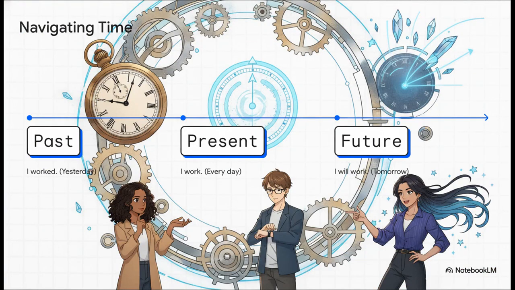So how does this anchor us in time? Well, just by tweaking that foundational formula, we can shift seamlessly across timelines. We start in the past simple by adding an ed to our verb, saying I worked to indicate an action that finished yesterday. We stay in the present simple with I work to describe a general fact or a daily routine. And we project forward to the future by dropping in the modal verb, will, creating I will work for tomorrow. The subject and the action stay exactly the same, we are just rotating the temporal dial.